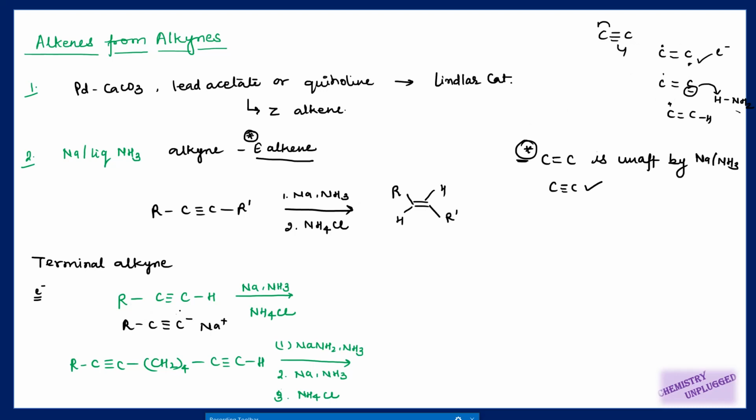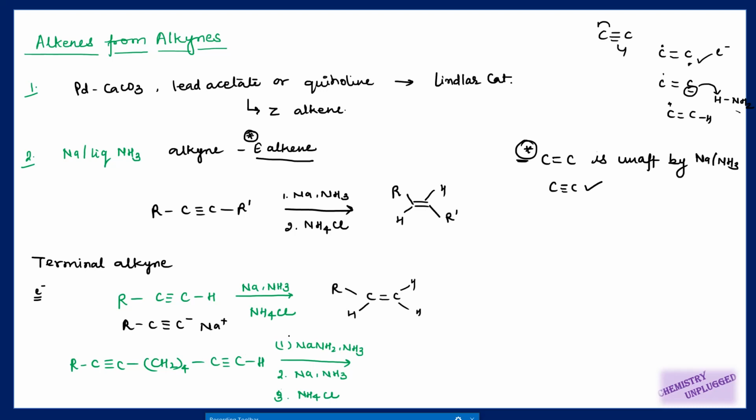But when we have acetylide here, means a negative charge here, this negative charge repels electrons, right? So it doesn't allow electrons to come near it. That is why the reaction is not possible. Further reduction stops. But when we use ammonium chloride, this reaction is possible. So what is the use of this ammonium chloride? To make this reaction more feasible, right? So in that case we can have terminal E alkenes, right?